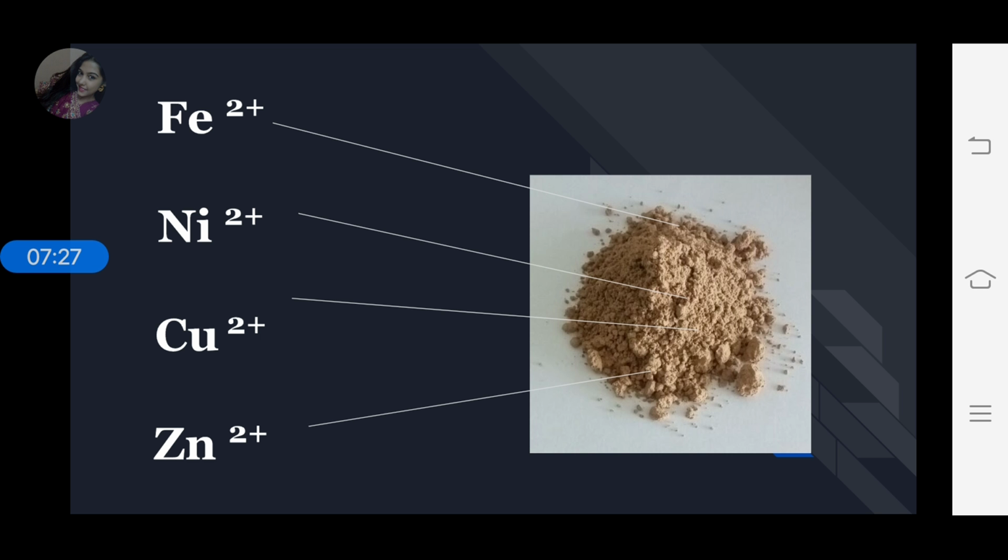And then not only do you have to separate this Fe2+ from your mixture, you have to measure the quantity of Fe2+ in this mixture in as pure a form as possible. You don't have to change the form of Fe2+. This is known as gravimetric analysis.